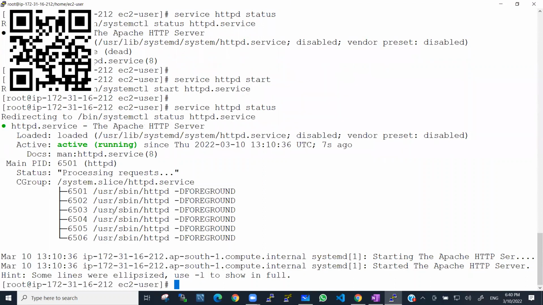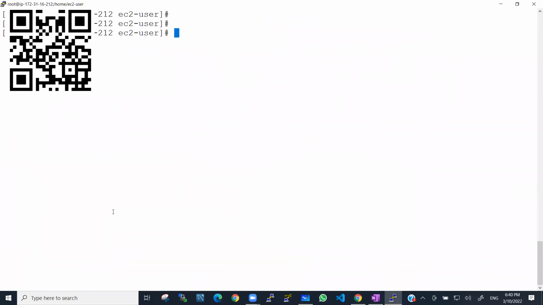We are doing this activity on the Linux operating system, so that's why I'm using all these commands. No worries, I'll be giving you the full command list at the end of the class so that you can go ahead and do it. Are we clear? Okay, good. So once we started it,